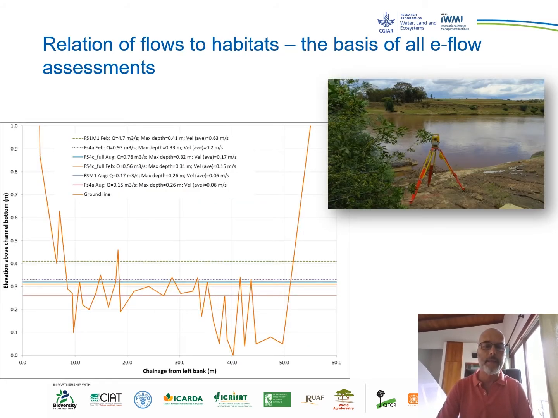The key thing in the assessment of E-flows is to establish the relationship between water flow and a variety of ecosystem components. This is first done by describing how the river flow changes the in-stream habitat. In this example, the graph on the left shows the cross-section of a river and a range of water levels, each of which is flowing at a particular depth and velocity. All of these factors determine how the ecosystem will operate, which species can live where, and so on.